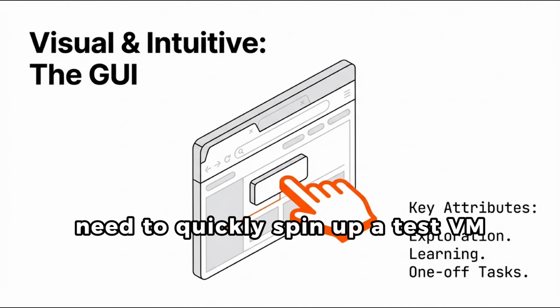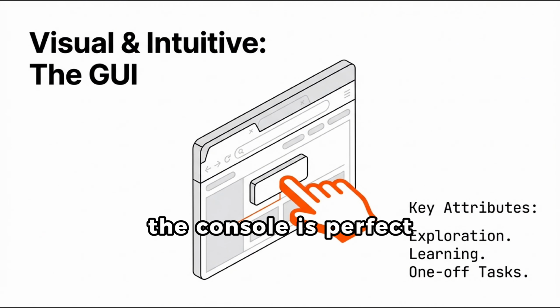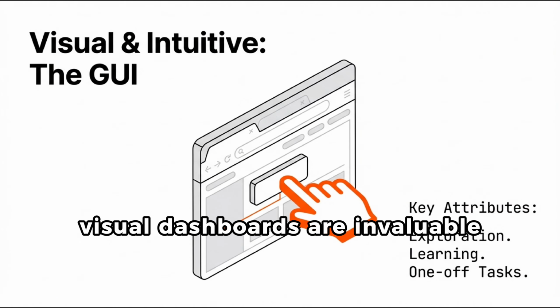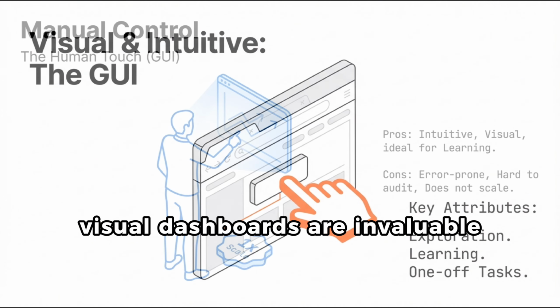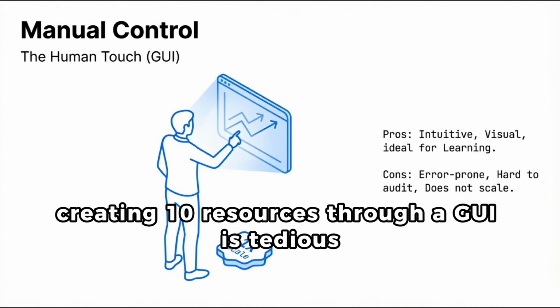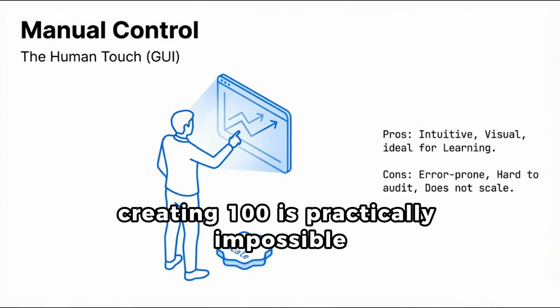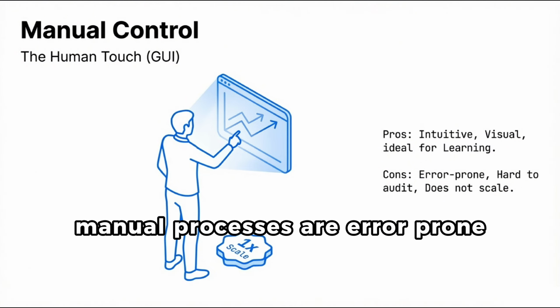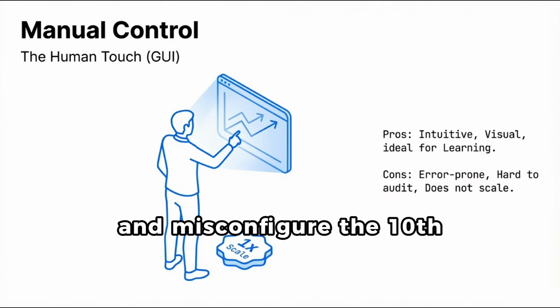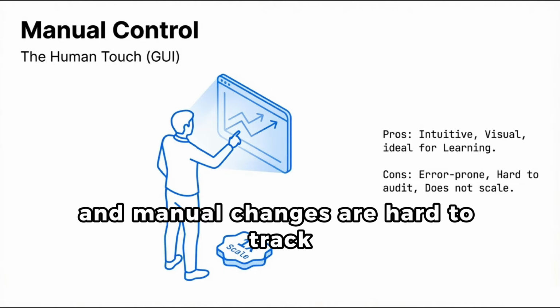Need to quickly spin up a test VM? The console is perfect. Want to investigate why something isn't working? Visual dashboards are invaluable, but manual control surfaces don't scale. Creating 10 resources through a GUI is tedious. Creating 100 is practically impossible. Manual processes are error-prone. You might configure 9 resources correctly and misconfigure the 10th, and manual changes are hard to